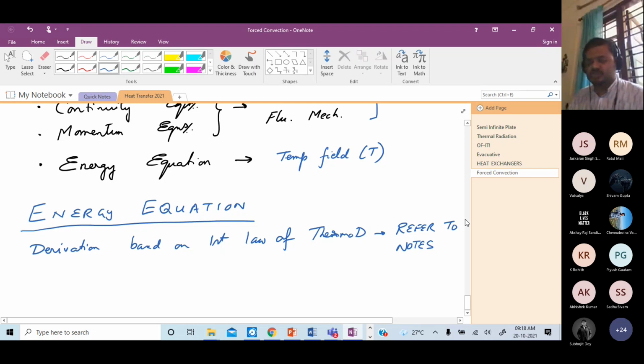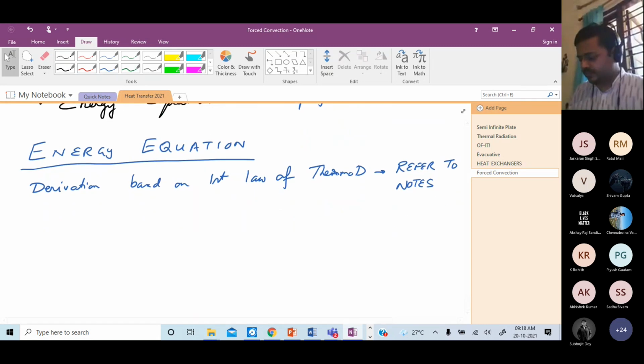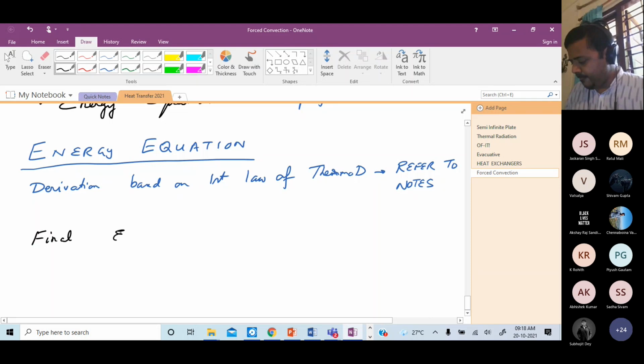So this I'm not deriving. Finally, I'm going to write the final form of the equation. It's a little long, but it is important to know what this equation is and find out the final form. So let me write that here. Final form of the energy equation